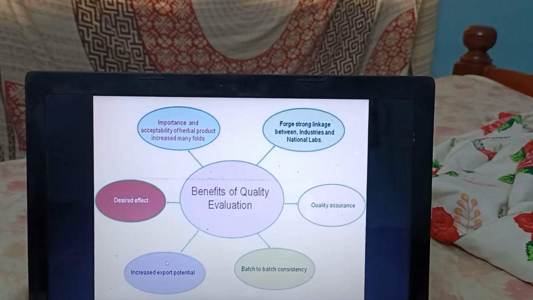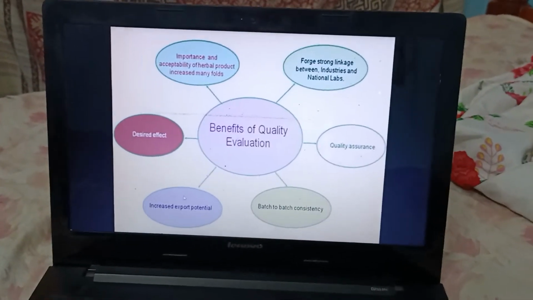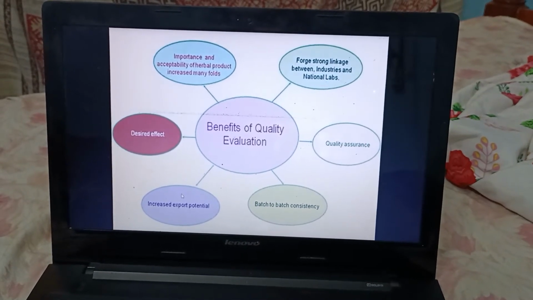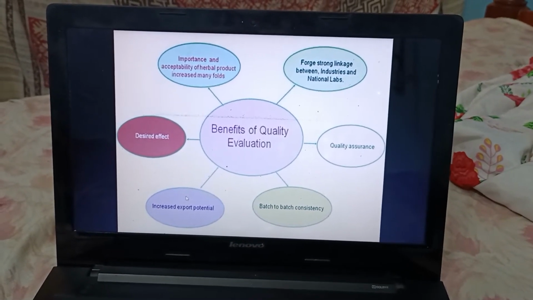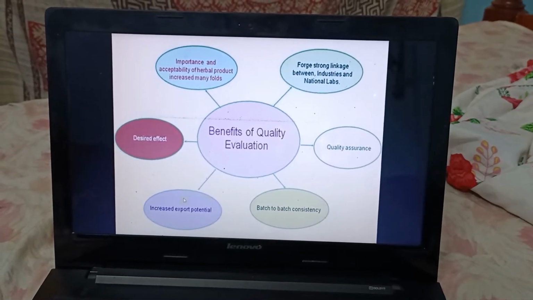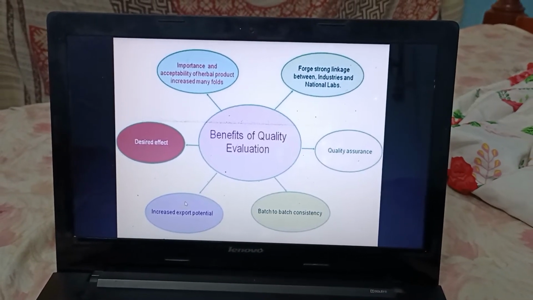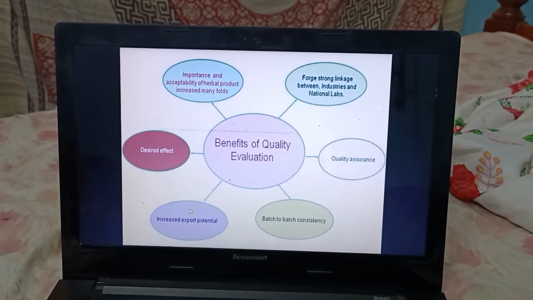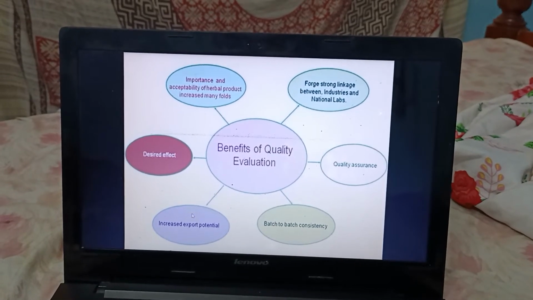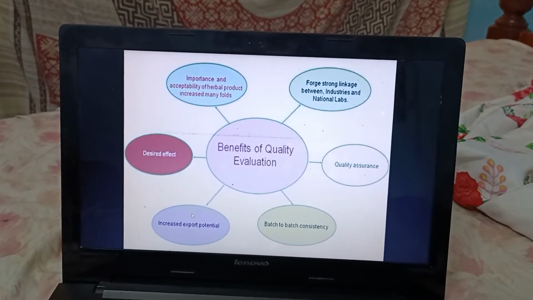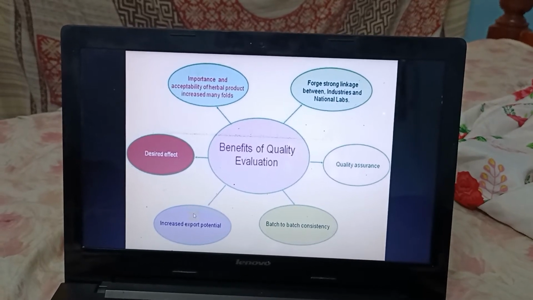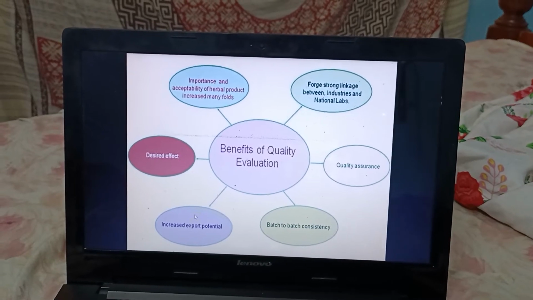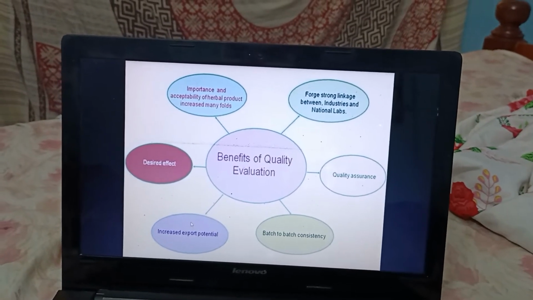So what this slide concludes is, if you are doing the quality evaluation of drugs, the first thing is we should know the biochemical characteristic of the exact drug, and then company wise also they are improving their sectors in quality assurance and batch to batch consistency and increased export potential and desired effect. These are all the many benefits of quality evaluations